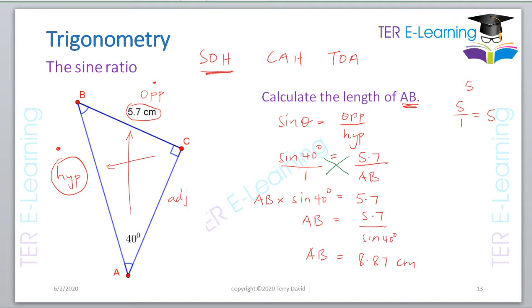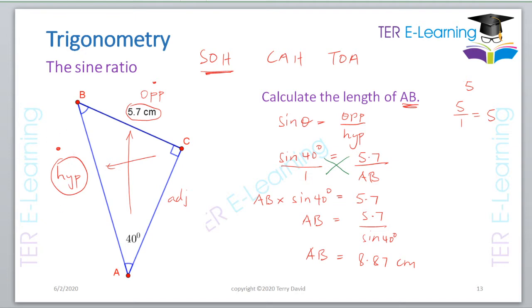Alright, so Danica is saying she knows what the mistake is. BC is... Yeah, BC is 5.7, yeah. Alright, so you need to be very careful with this cross multiplication that we are doing here. Okay, now